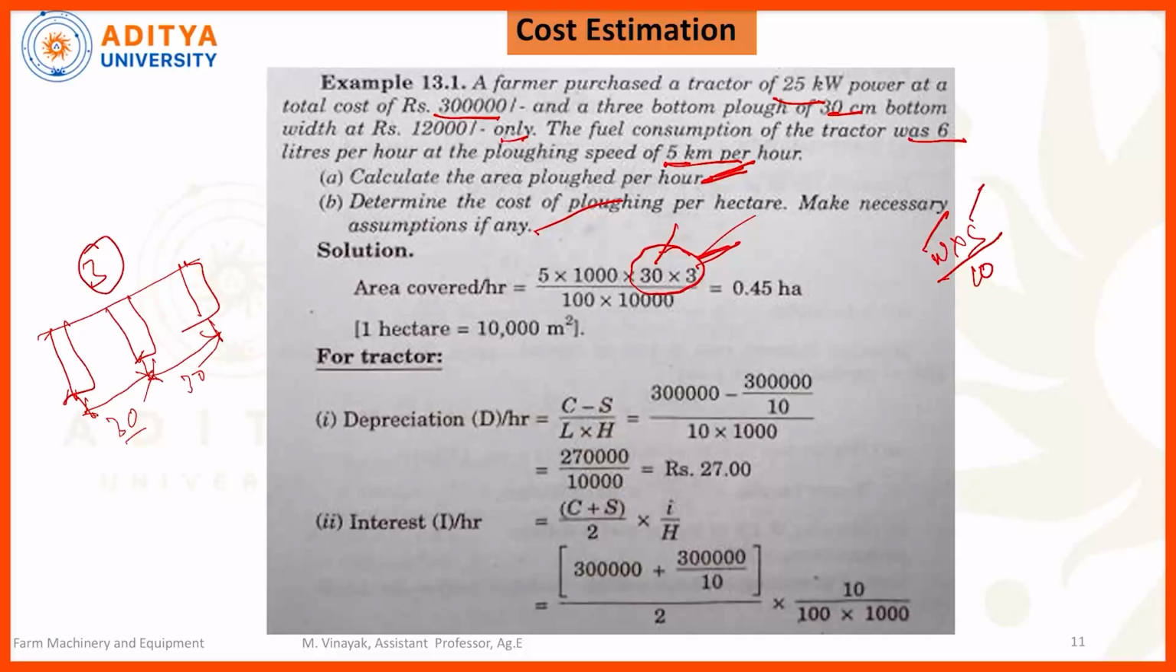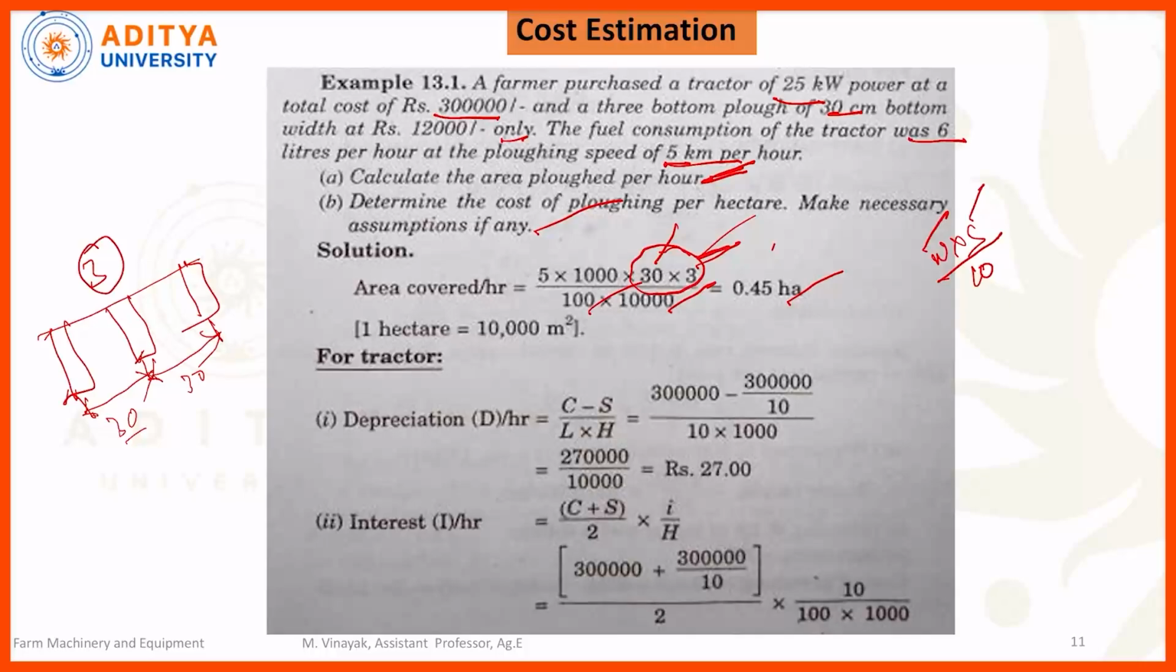So again we need to convert this meter square into hectares, that's why we multiply with 10,000, so that we can get 0.45 hectare. Next one is for the tractor: we need to calculate the cost of operation for both the tractor as